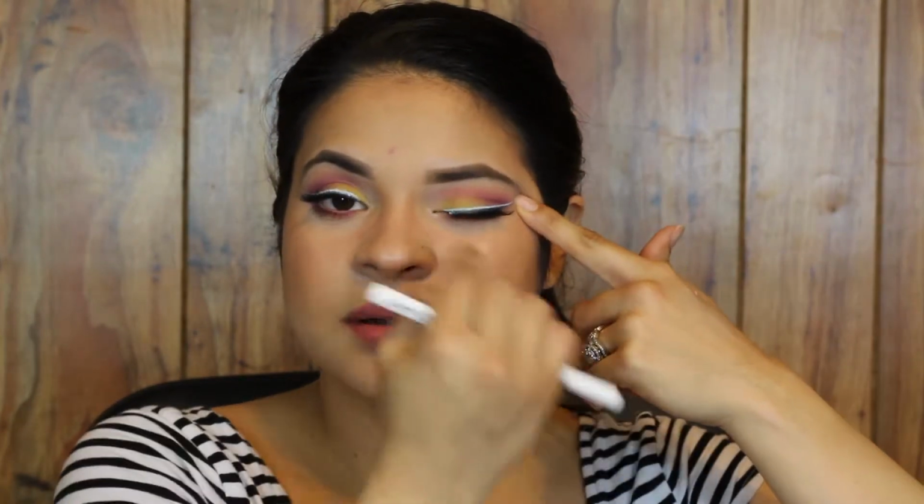Next is the NYX Colored Felt Tip Liner in White. This one, it was really easy to use because you hold it like a pen. But I will say that for some parts of my eye, it did skip a bit, so you have little ridges in it. So what I did, I basically just off camera, I just went like this. I tugged it a little bit and then just went over it,